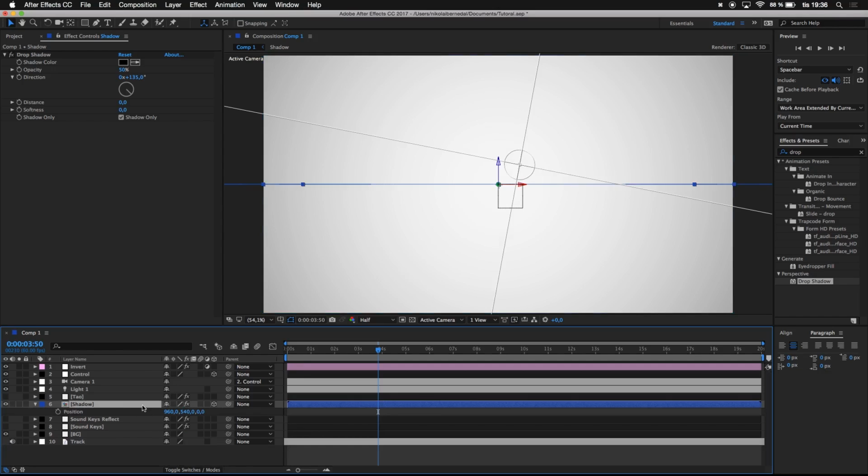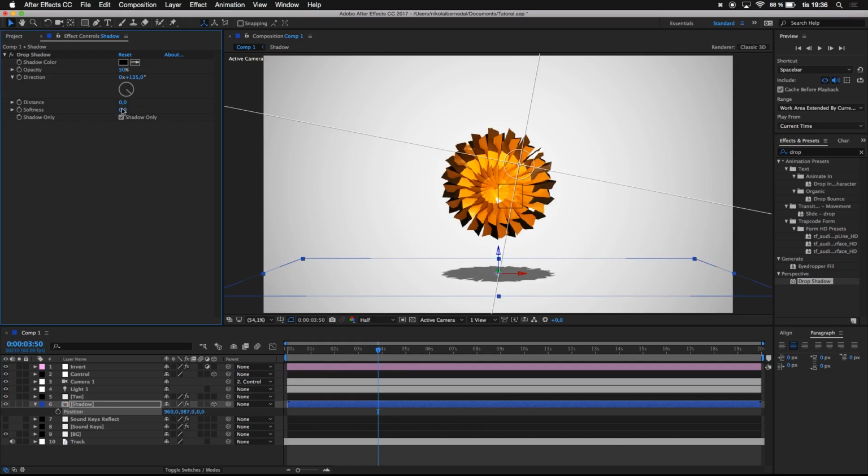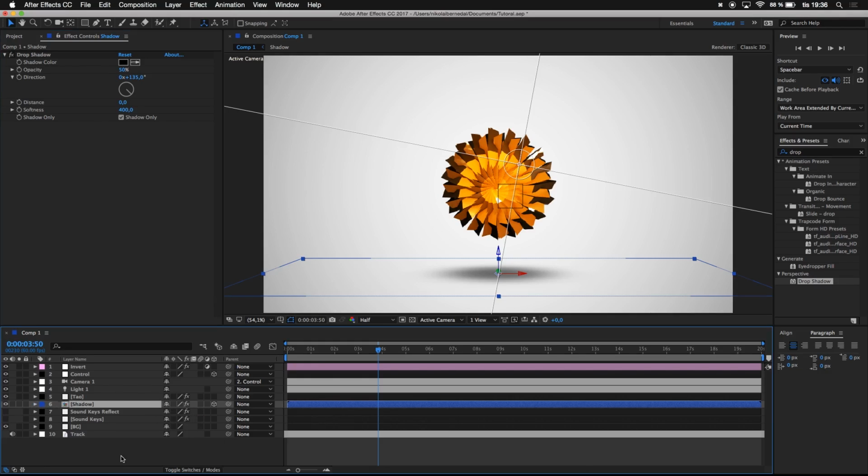Go over to position and drag this down like there. Now you can just enable the tile layer again, and go over here and type like 400 on the softness. As you see now, you have a shadow, good looking shadow. So yeah, and